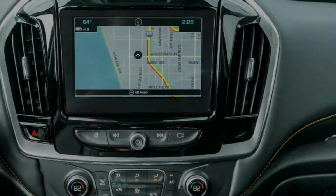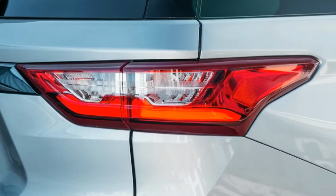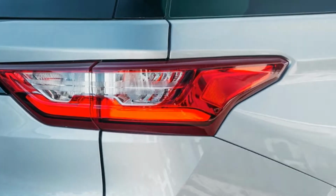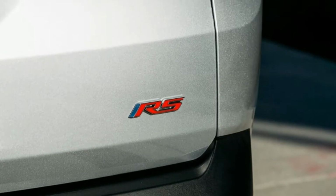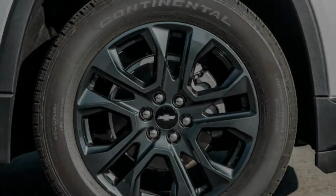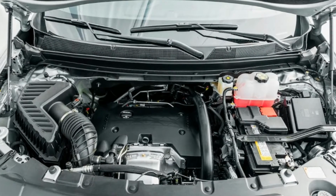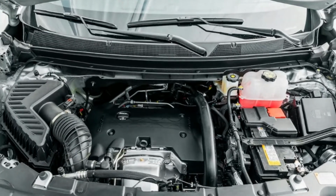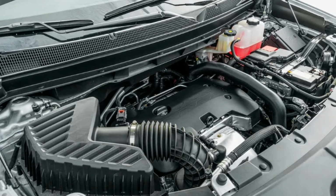However, modern consumers find minivans uncool, so they go for mid-size crossovers like the 2018 Chevrolet Traverse. Sure, they might have less interior space, but to the average buyer, the rugged looks are a bigger draw. Fortunately, through some clever packaging, the Traverse offers plenty of space and flexibility for your family to go with those rugged looks. If you opt for the Traverse RS like one of our test cars, you're opting for the sporty-looking